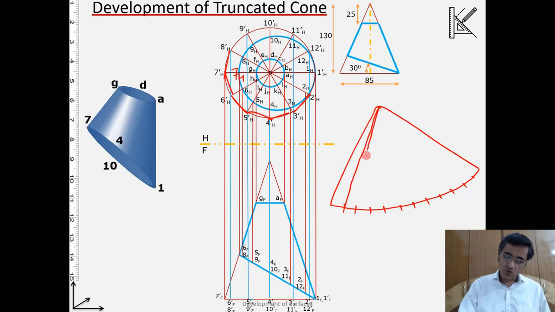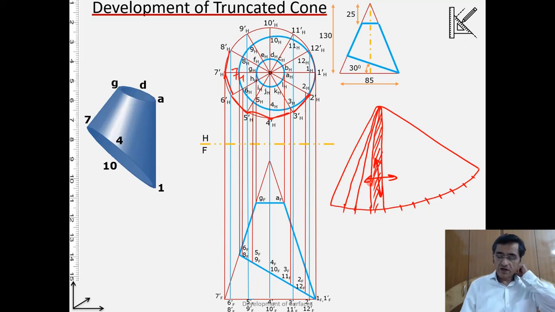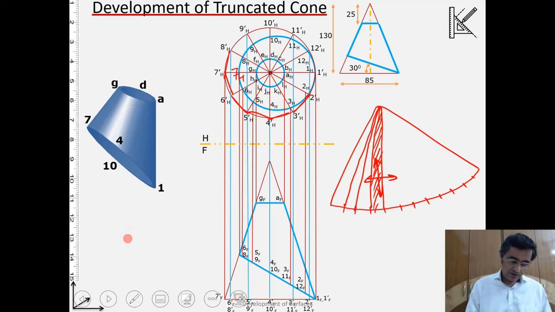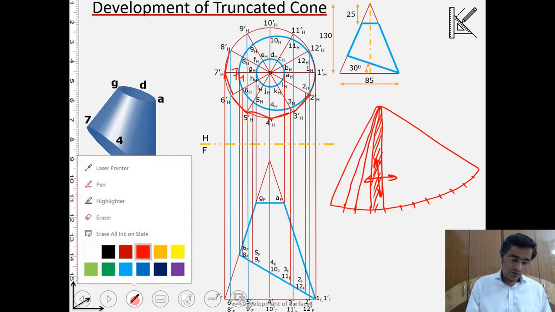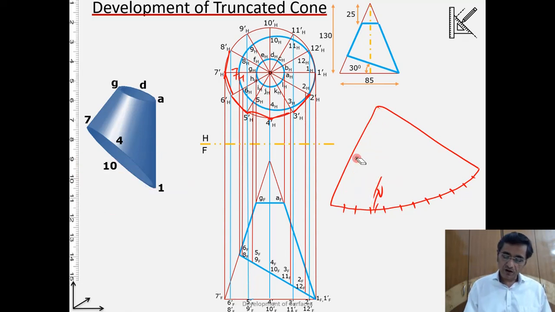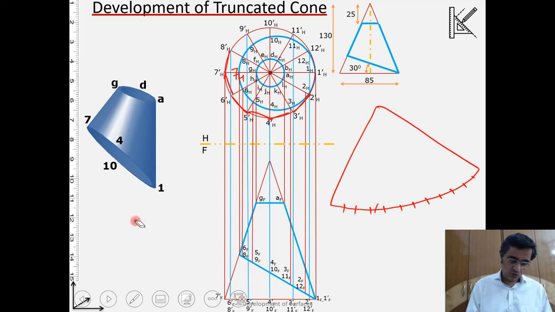So if this cone is to be developed, I should have created these triangles. Okay, so this small triangle is a conical triangle where along this direction there is no curvature, while along this direction transverse to this there is curvature. So with the help of these small triangles which are put onto a surface, I can create the full cone. However, our object is not the full cone, rather it is a truncated cone.